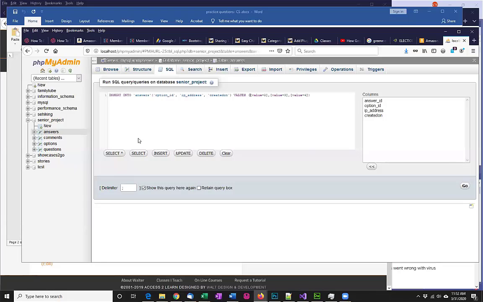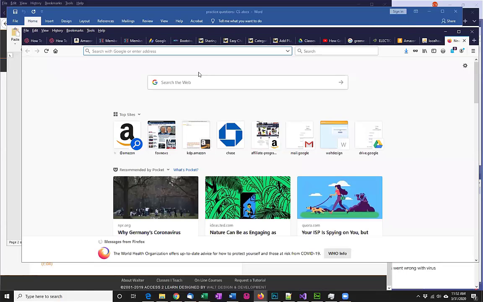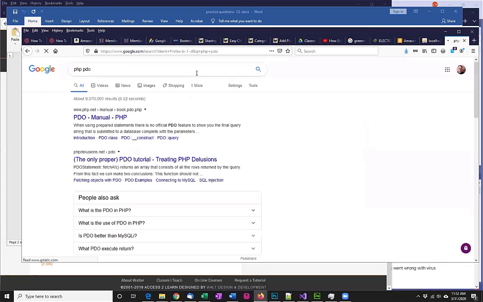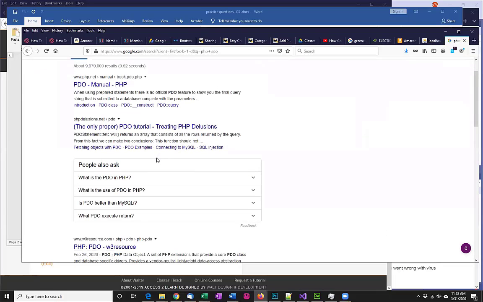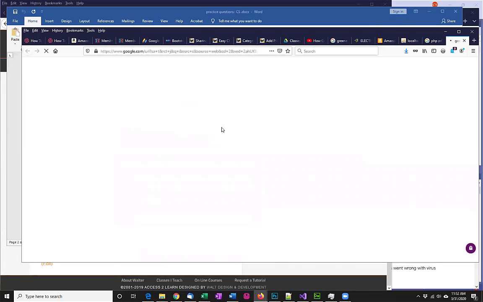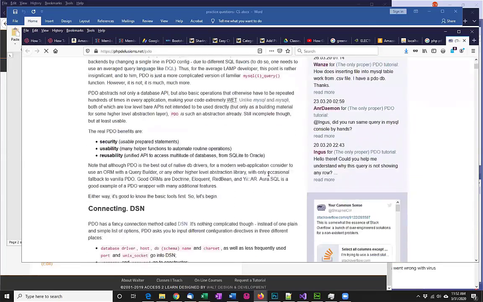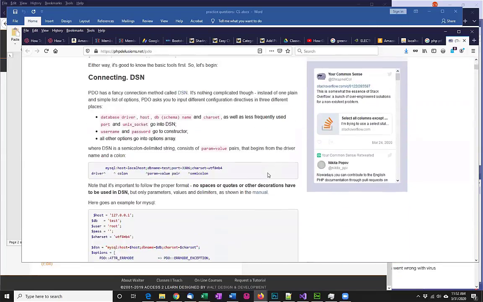So there's something out there called PHP PDO. If you do a search for PHP PDO, you can find it under the PHP manual. And they have some other things that you can do. If you get stuck with something, you can take a look at it. I've not seen this particular one, but you can